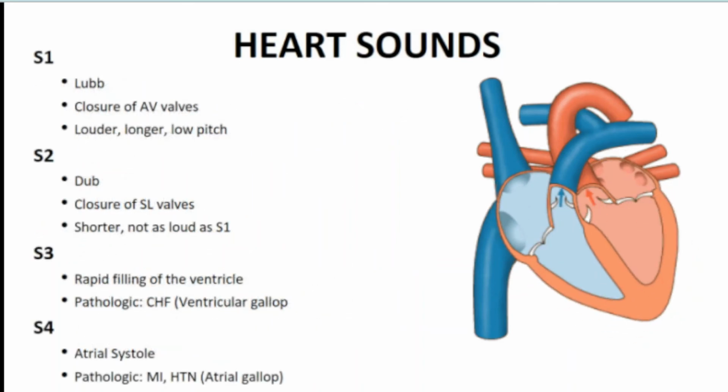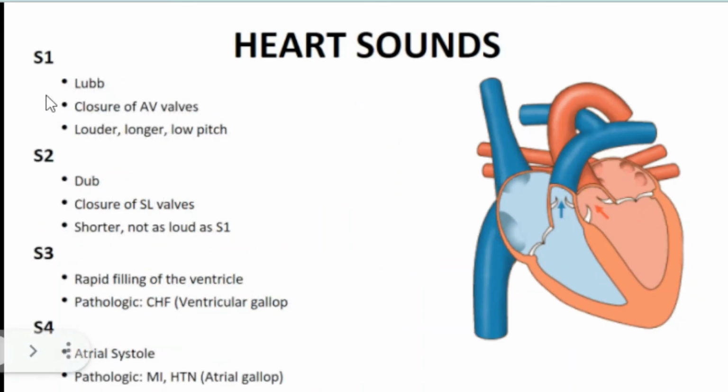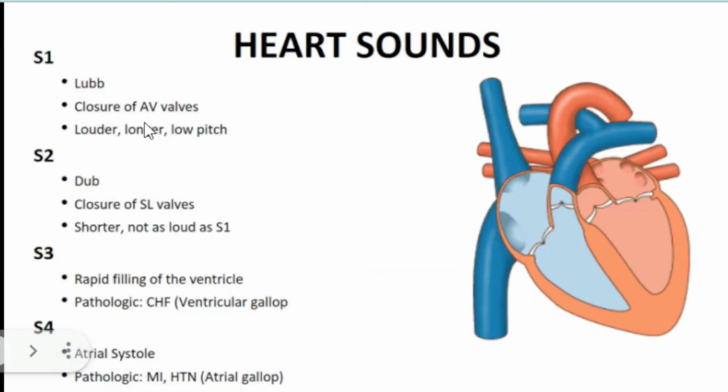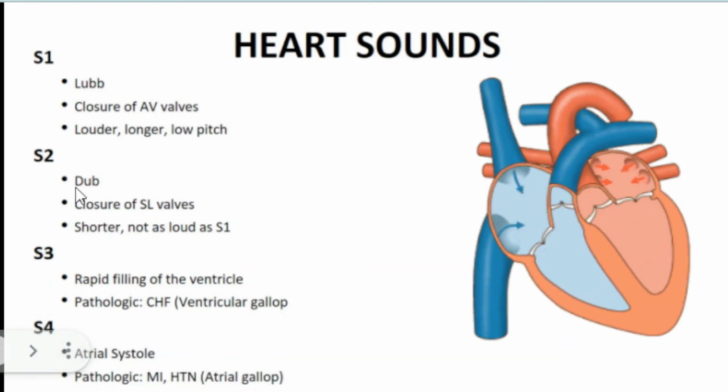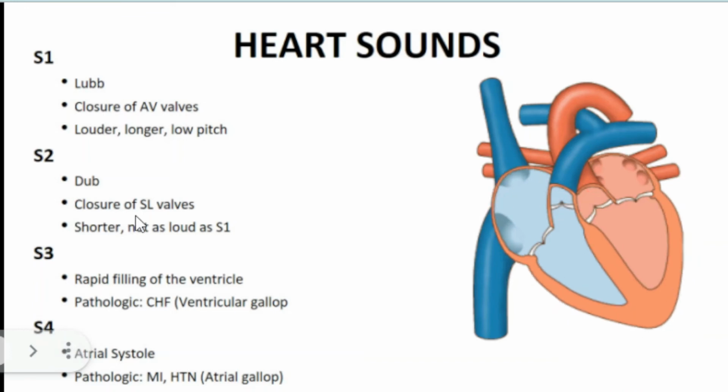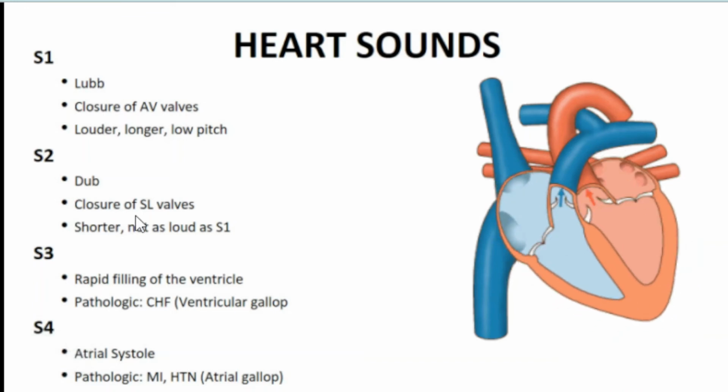So as mentioned, S1 or the first heart sound is described as "lub" due to the closure of your AV valves. It's louder, low pitch, and it lasts longer. While your S2 is described as your "dub", closure of your semilunar valves, it's shorter, and it's not as loud